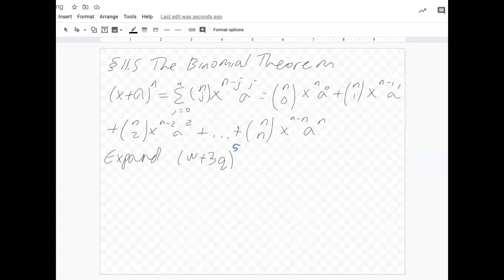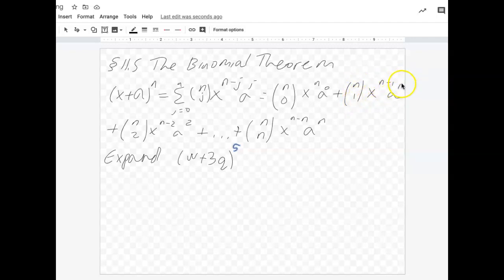Alright everybody, the last section, 11.5, and here I wrote the binomial theorem. So when you have some binomial to a power n, it's going to equal the sum from j equals 0 to n of n choose j times x to the n minus j times a to the j. And when you write this out, it's going to be plugging in 0 for j, so the n choose 0, x to the n times a to the 0, plus n choose 1 times x to the n minus 1